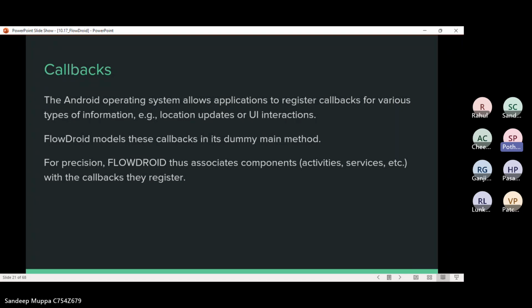Like in an application, when we press a button, a callback on that particular button can be invoked. FlowDroid analyzes the respective callback handler between the onResume and onPause events. When we are using an application, we have different kinds of events registered on each and every button.